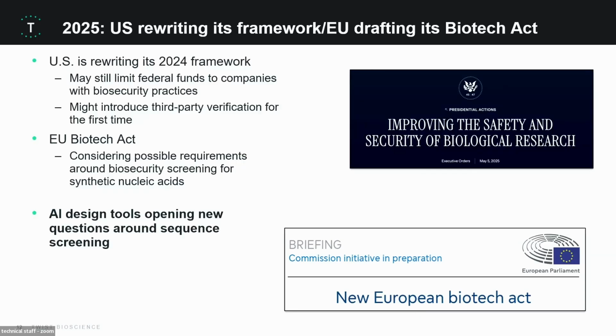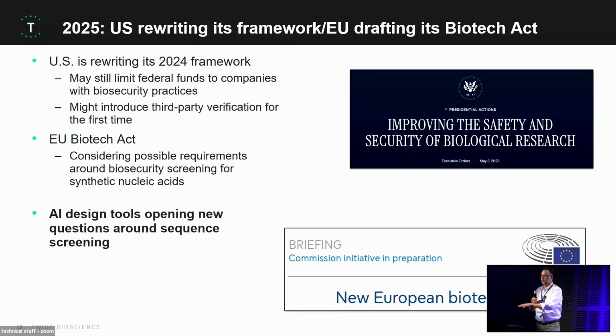And I also want to say AI tools have thrown a wrench in a lot of this. So most of the tooling around sequence screening and risk assessment rely on homology. So is this similar to some virus that we know and understand? And a lot of these AI protein design tools allow you to try and preserve function, but eliminate homology. And so now we're thinking about what tooling we will need to go up a level of abstraction to say, can this thing do something that we know is harmful, regardless of whether it shares a lot of direct sequence homology with something from a pathogen?